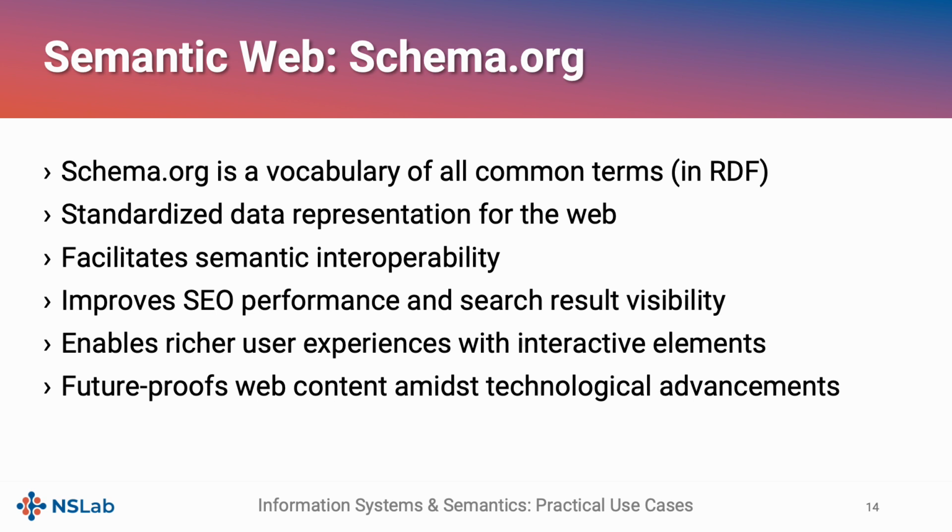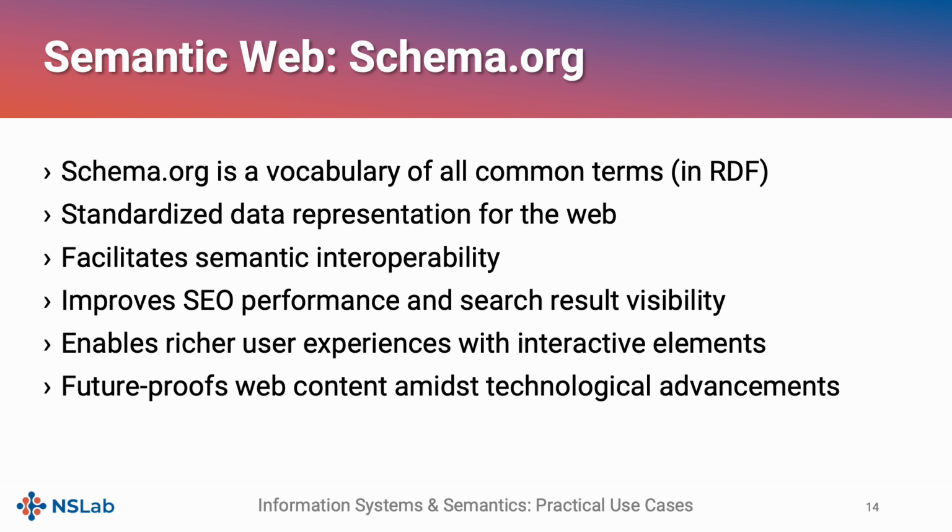that those can have. You can take a look at the website, and they have search, and you can search for your favorite term if you can find it there, and what are the properties of that type. And it's somewhat standardized data representation for the web, for the semantic web. As this is standardized and many websites and datasets are using this vocabulary, they are semantically interoperable. So you can match then different datasets because they are using the same terminology, right? They are using the same classes, they are using the same